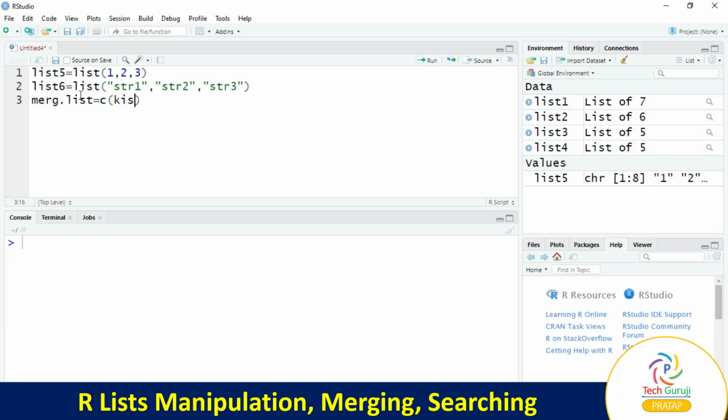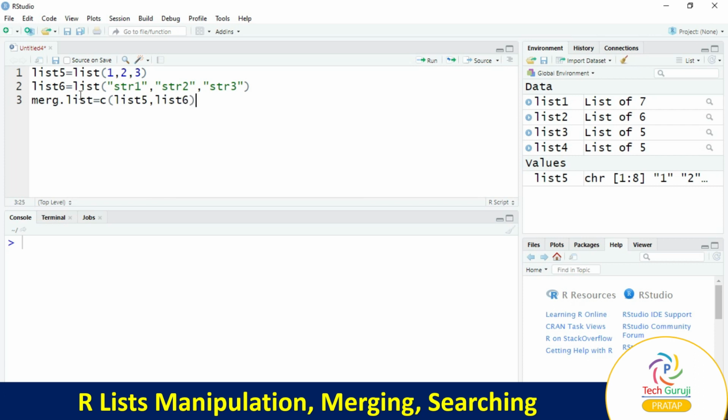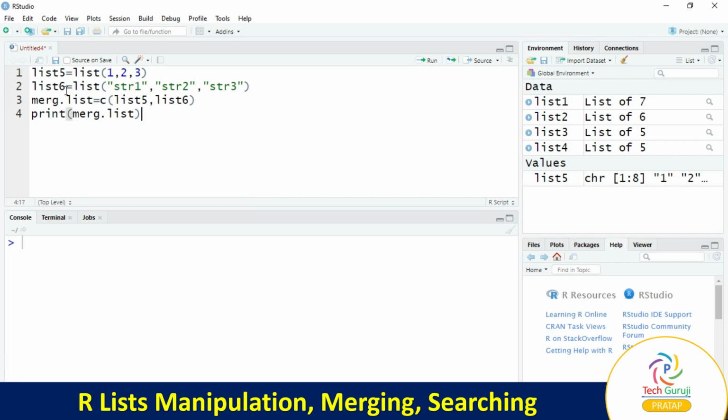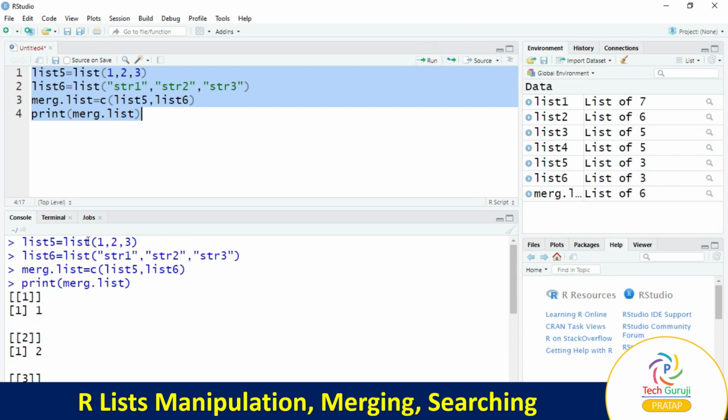So we are combining list5 with list6, and we'll print merge.list. Select 4 lines and click run. So it displays two different lists within one list.